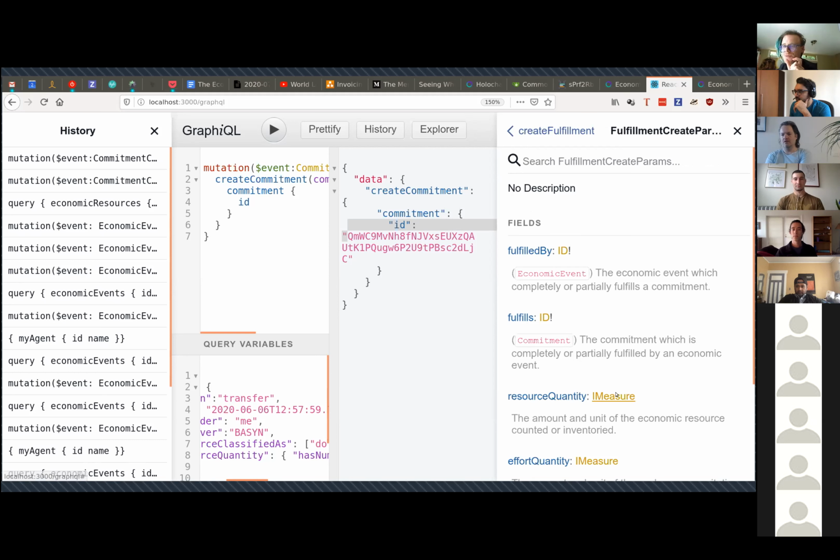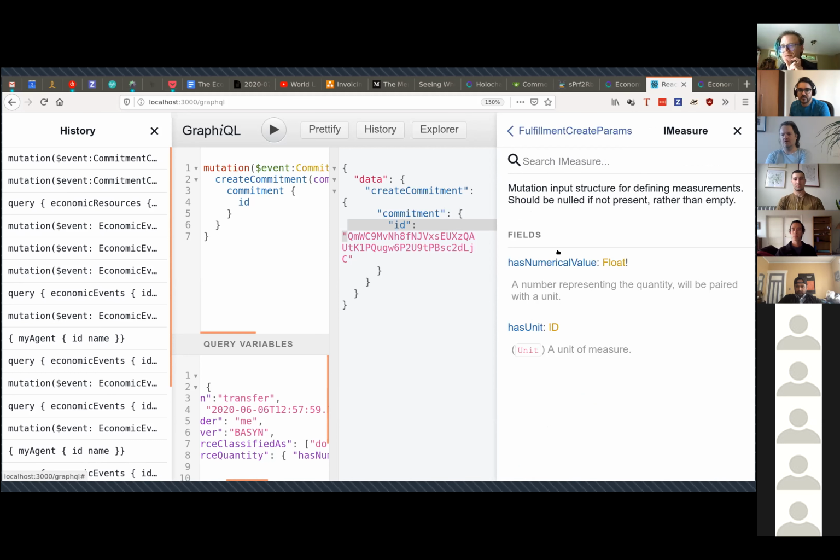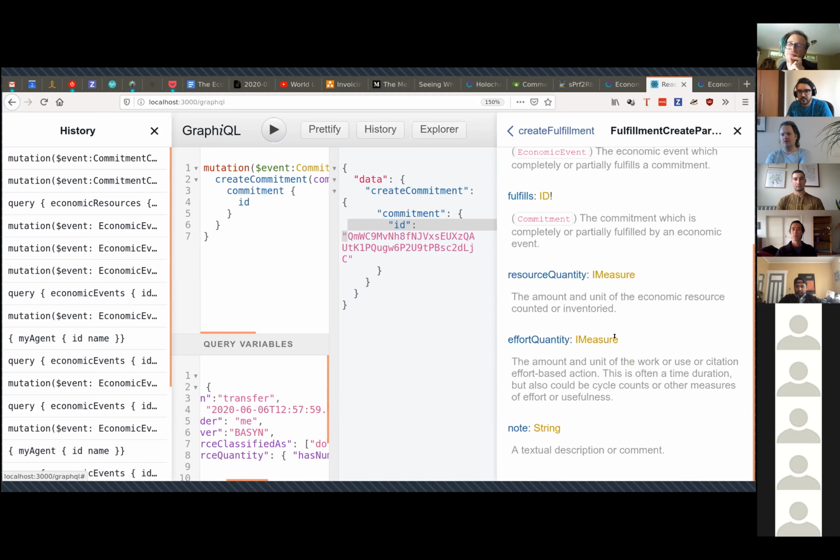These quantities all come from this measurement structure where you can say the unit and the value basically. But there's a couple of different quantities: a resource quantity of how much of the resource was transferred, another way of saying how much of the commitment was made. So you can kind of split this up. It doesn't all have to happen at once. Like if you only got 300 liters today and someone ordered 500, you can offer them that today and offer them another event tomorrow, and both can fulfill the same commitment that you made to offer it to them. So it's really designed to give this flexibility between what has occurred, what you want to occur,